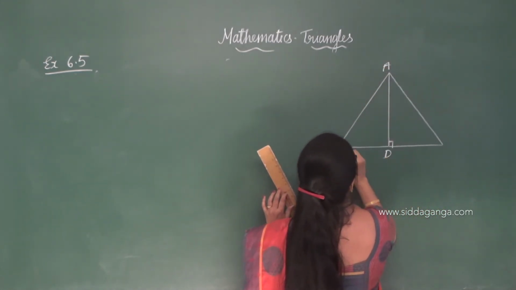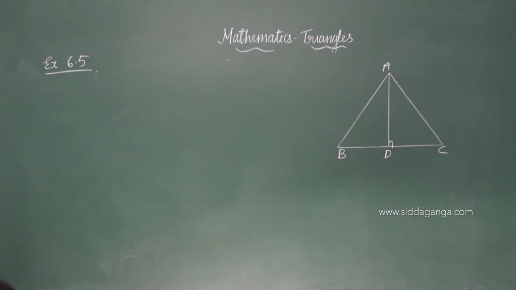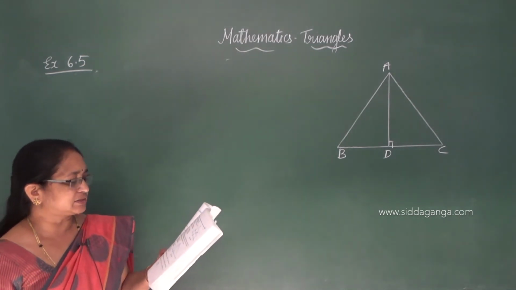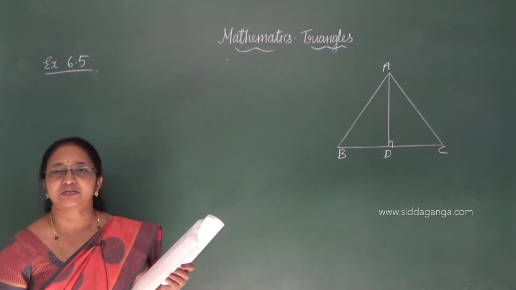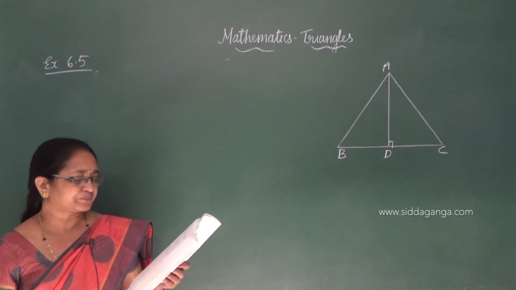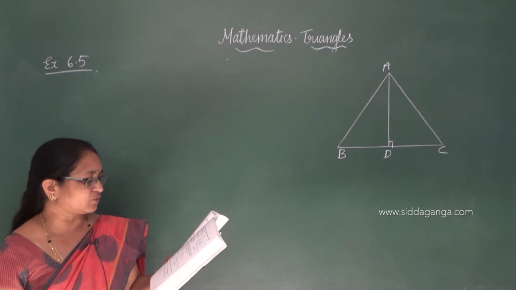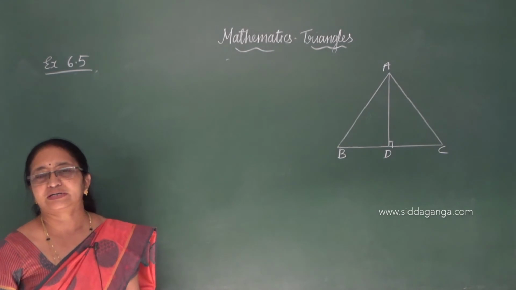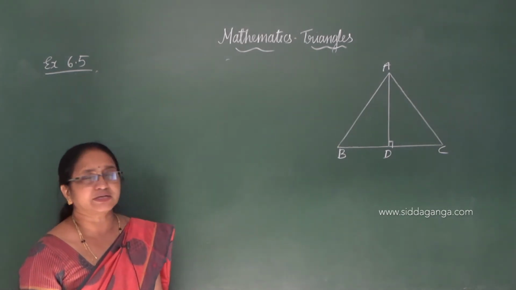AD, here AD is perpendicular to BC. Okay. So, in an equilateral triangle, prove that 3 times the square of one side, here 3AB square, will be equal to 4 times the square of one of its altitudes, so 4AD square. Understood? Here they have not directly given it, but in statement form they have given. So, please try to understand and then work out.